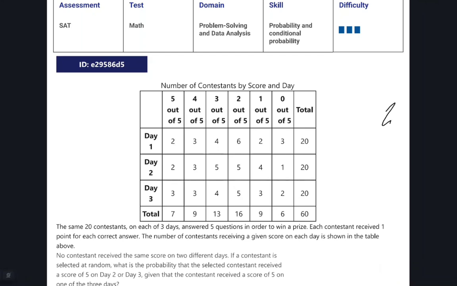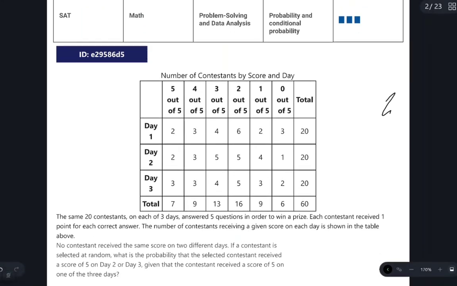Okay, so let's read the headline of the question. It says that the same 20 contestants on each of 3 days answered 5 questions in order to win a prize. Each contestant received 1 point for each correct answer. The number of contestants receiving